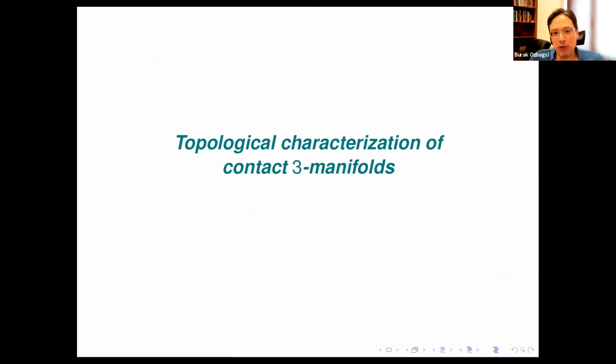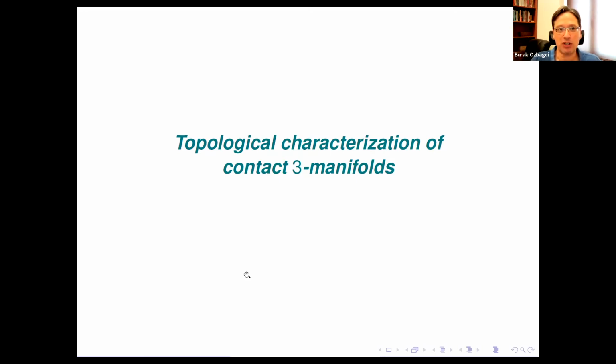All right, now let's turn the page and talk about topological characterization of contact 3 manifolds. This is a very similar story to Lefschetz fibrations. It's a dimension reduction, essentially. So fibrations in 4 dimensions reduce the problems to fibers, which are 2-dimensional. We will do the same thing in 3 manifolds, and we reduce the question to 2 dimensions by what's called open book decompositions.